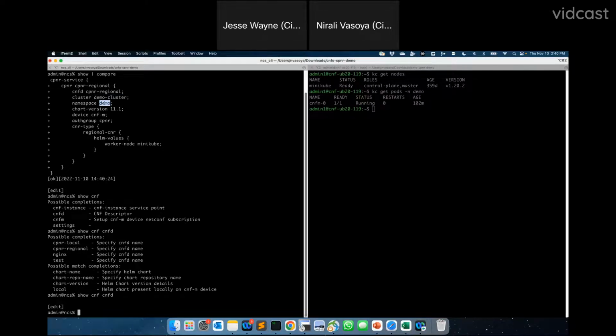What is the namespace? And let's say if you try to give a namespace XYZ here, your commit is not going to go through. CNFM is going to complain that I'm configured to only manage the demo namespace. So there are a few validations like that. You give your chart version, you point to an auth group that you want to use when you onboard